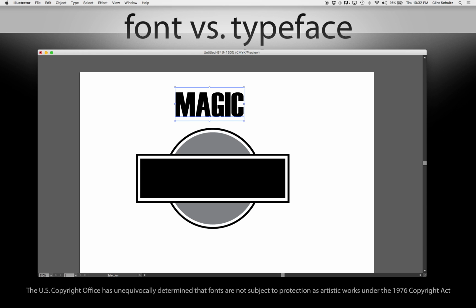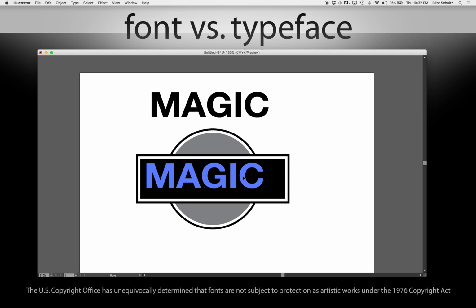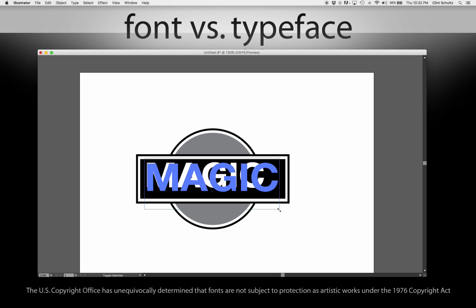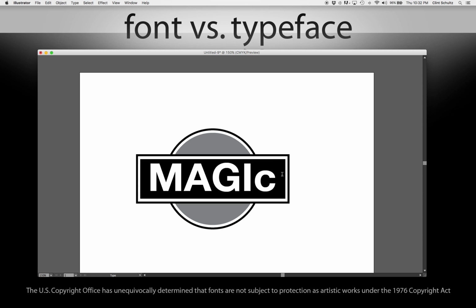But let's go with something simple that everyone knows and has seen many times before. So here's our friend Helvetica Bold. Quickly change the color. Now this is still very much a font. If I wanted to add a character, or change the size or the kerning or any of those aspects here, we can stretch it up and down. If I want to add another line,